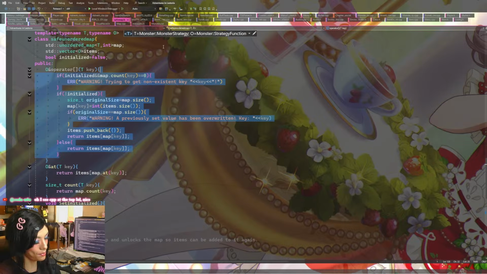Oh wait, I know why this is the way it is. The map stores a list of the indices into this vector. I think this was done on purpose to order them, but then why am I using an unordered map, right? Has this ever worked? I'm confused now. That's what all this does, it maps the item to the key. So the insert function doesn't insert into the map, it just puts it into items if it doesn't, basically this.